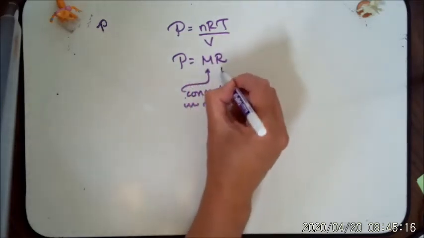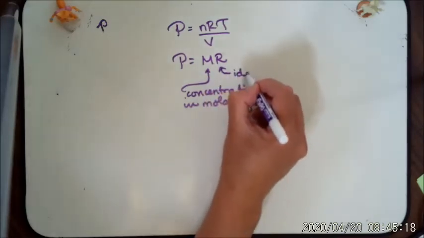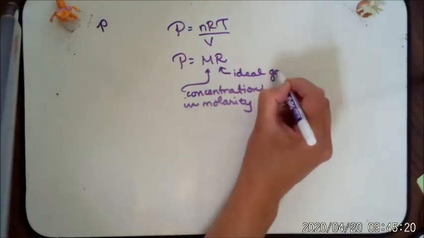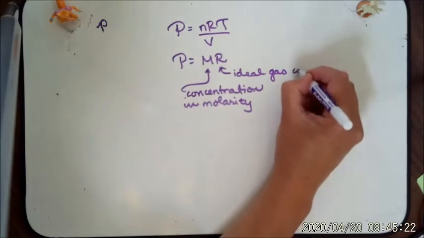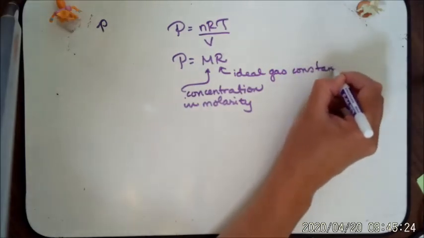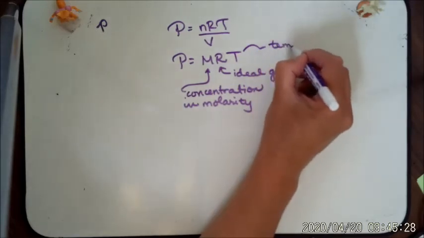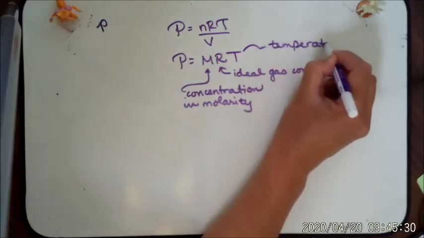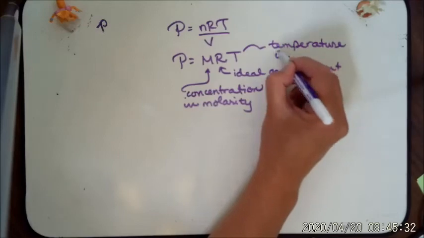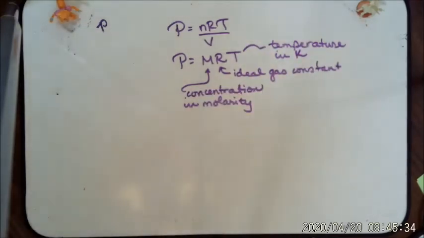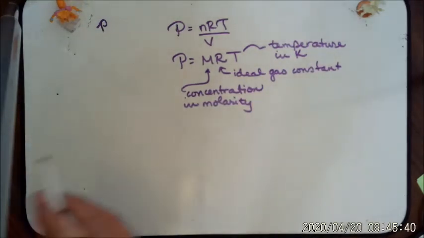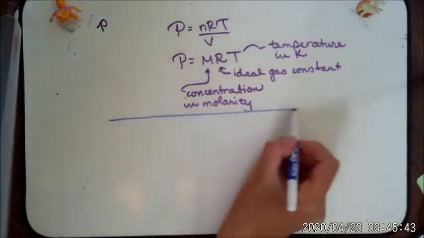R, that's my ideal gas law, or gas constant. And T, remember, is my temperature in Kelvin. Okay, so I just manipulated the ideal gas law. Now, what does this have to do with osmotic pressure? Well, with osmotic pressure,